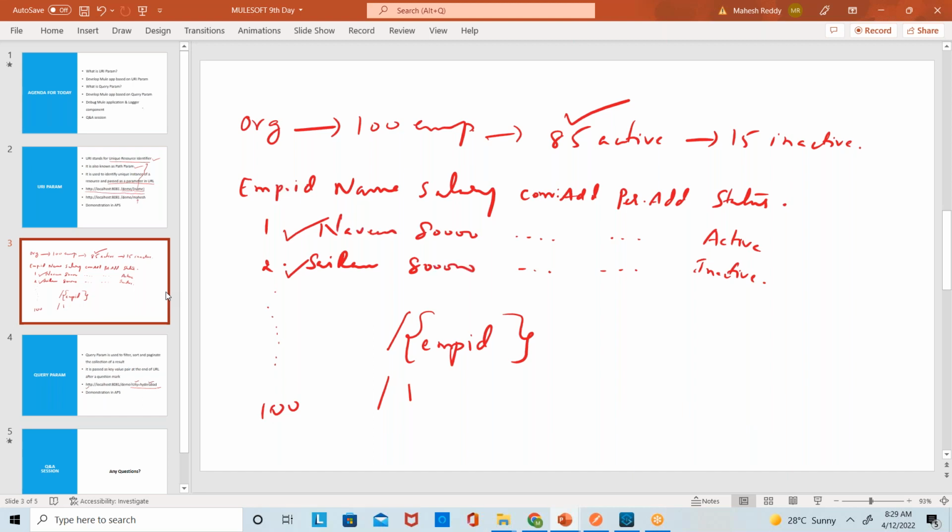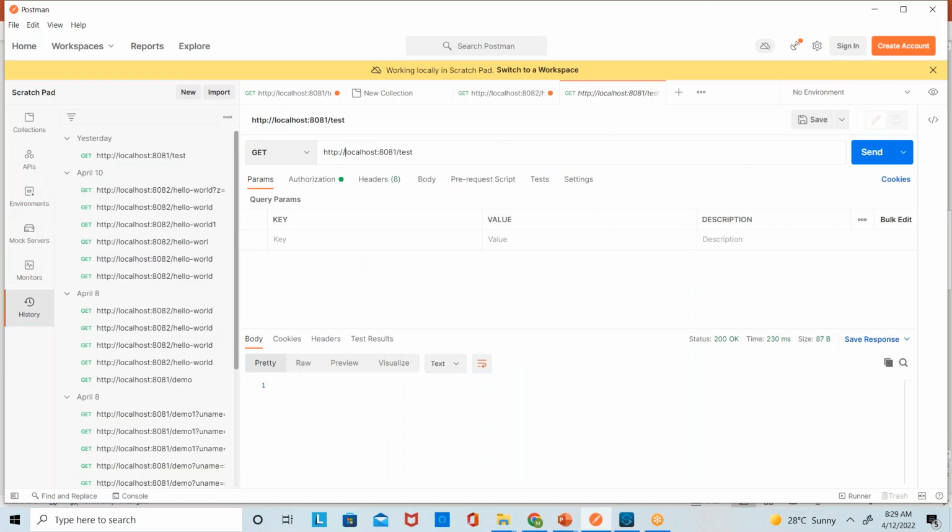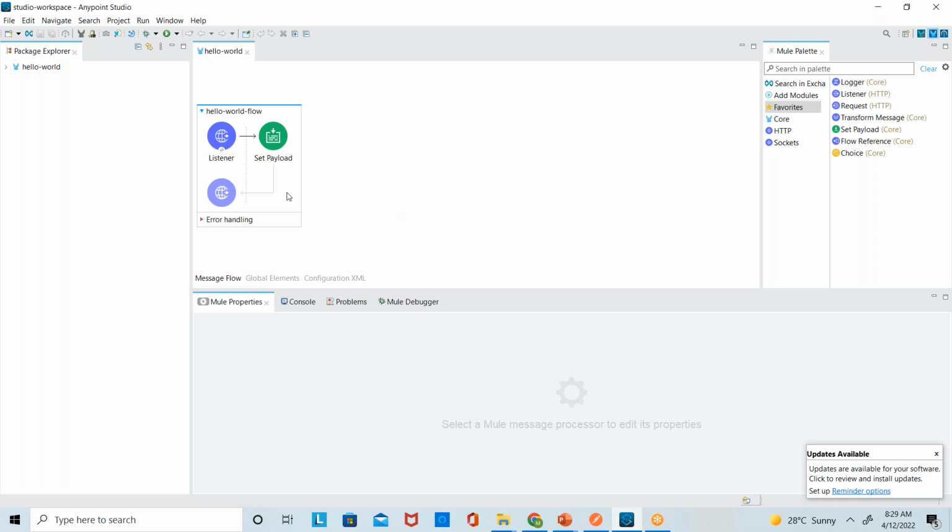It will be in attributes, because we are passing query parameters under params or URI params under the URL. As soon as it comes to the Mule application, this listener will convert that message, that whole HTTP request, into a Mule event. Whatever is there in the headers, whatever is there in the URL, will be converted